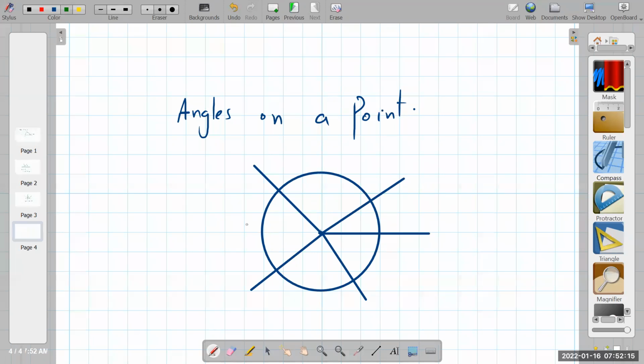A, B, C, D, and E. This is the point. On this point, the sum of all angles is equal to 360 degrees. And after that, the next one